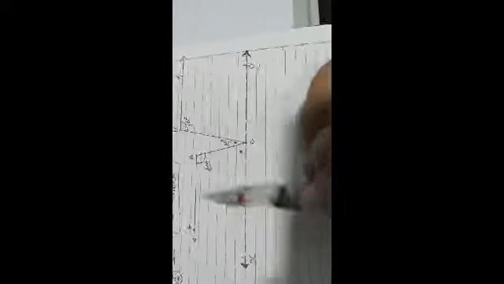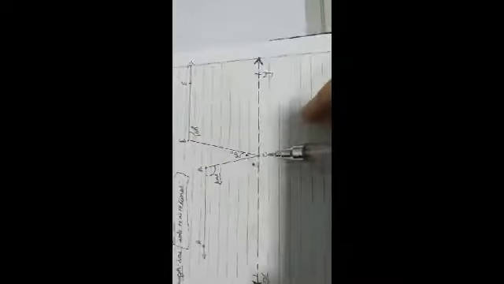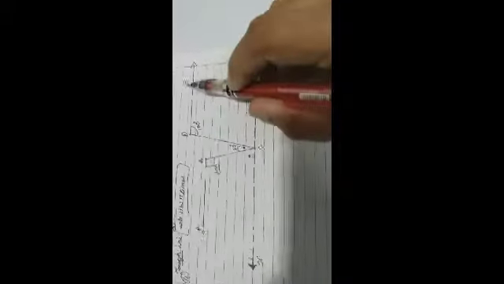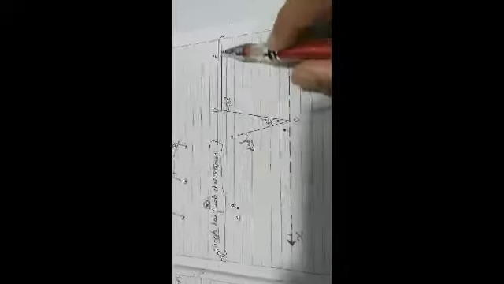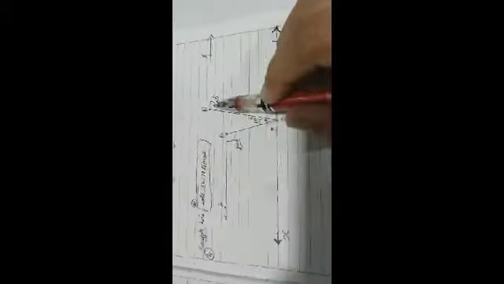Okay. Now, the diagram is done. Start from here. Let's consider DE is parallel to XY and the segment DC is a transversal. If we consider these as parallel lines and this line as a transversal, then angle EDC is equal to angle DCX. If this is 100, this will be 100.